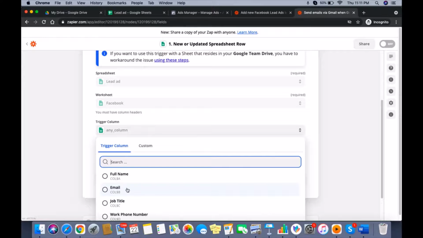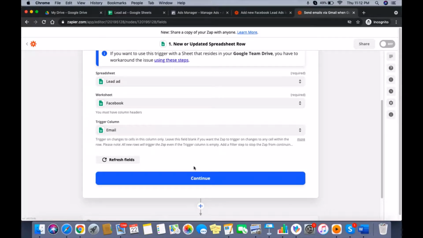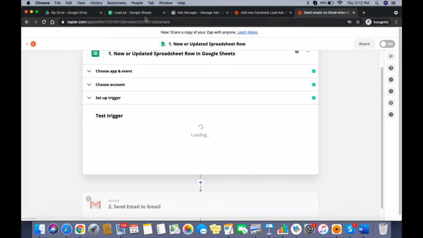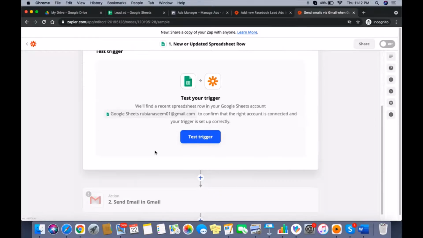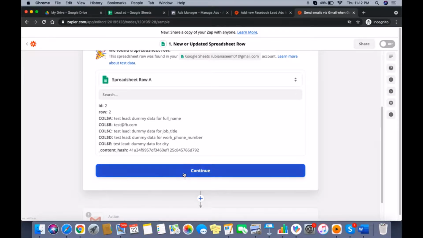So we are going to send them a mail, right? We need to make sure that the trigger column would be email, nothing else. So when an email is updated on a sheet, we are going to send them an email. Okay, so we have got the email, continue.